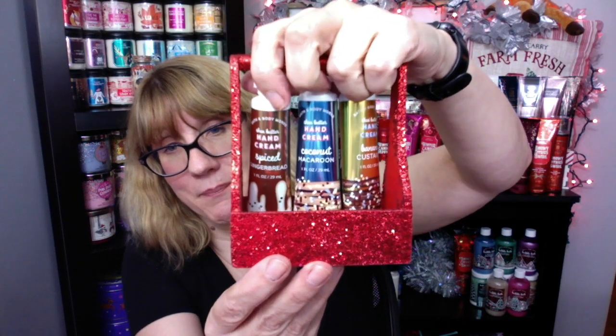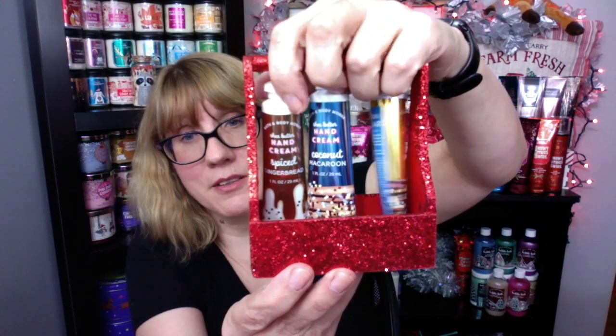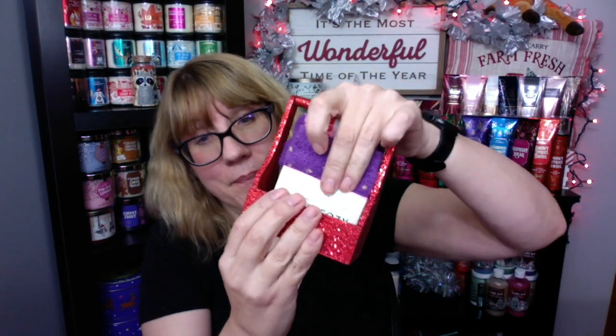All these, you know, the spiced gingerbread, coconut macaroon, banana custard. Wouldn't they look cute in there? If you stood all those hand creams up, that'd be for someone who has really dry hands and loves hand cream. I think that's amazing. You could also probably stick a pair of the little socks in there, and then maybe